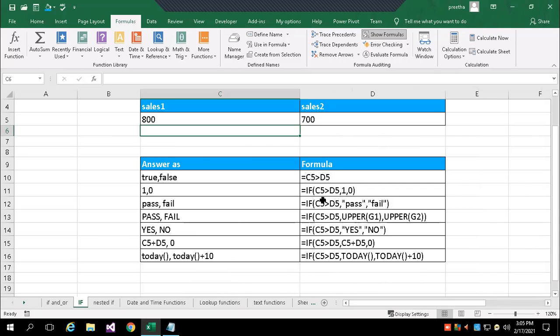If the condition is false, it executes the second argument. That means the second argument is value if true, and the third argument is value if false, it gets executed. Okay, so go through this.